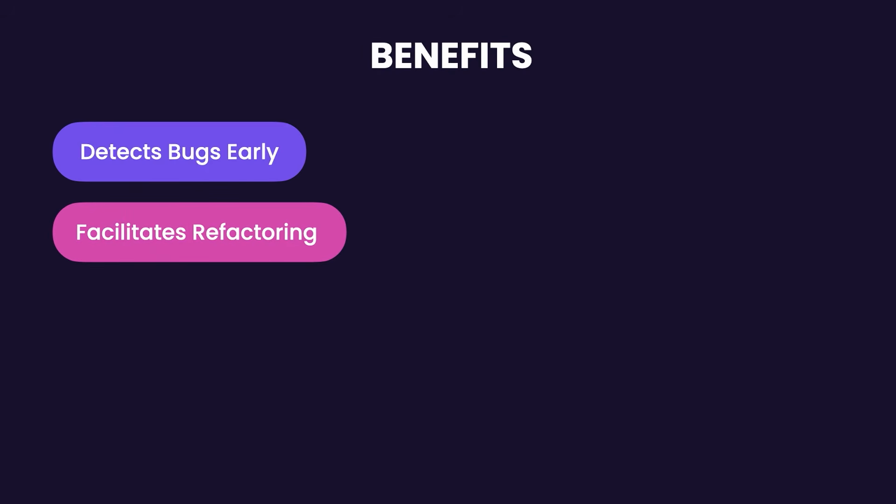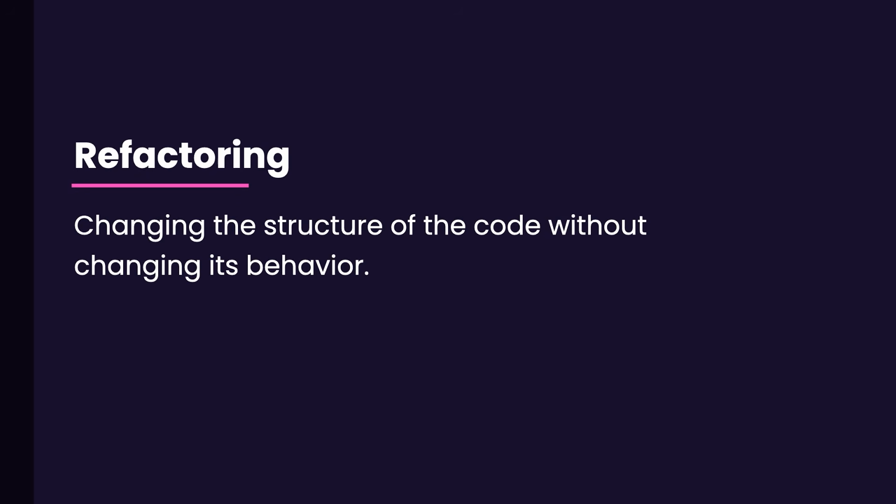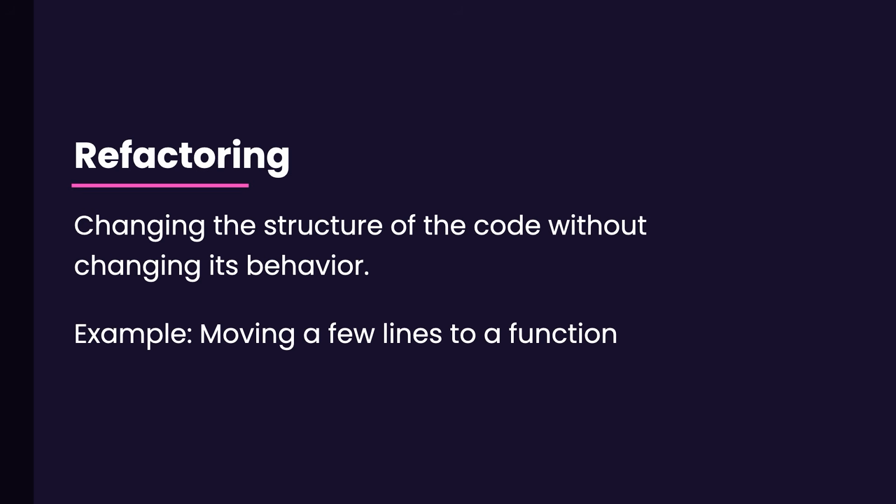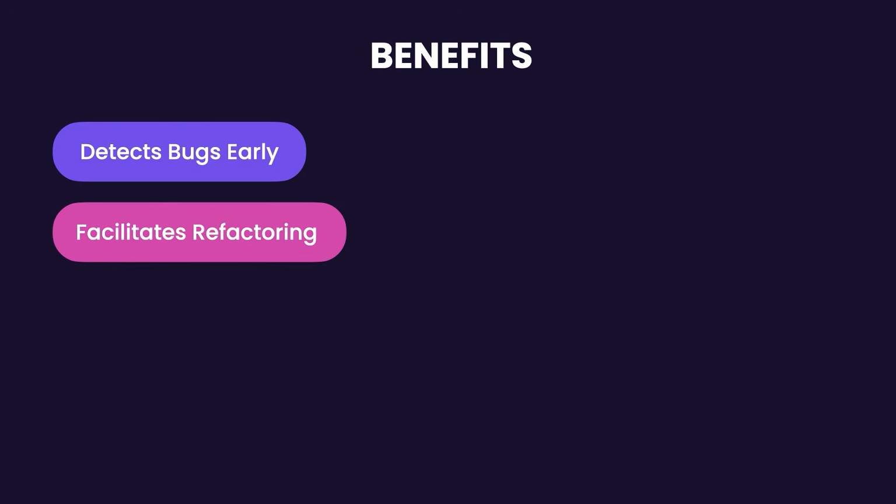Secondly, unit testing helps us refactor our code with confidence. Refactoring means changing the structure of our code without changing its behavior or functionality. For instance, we can extract a few lines of code and put them into a separate function. We're changing the structure of the code, but not its functionality. With unit tests, every time we refactor our code, we can run our tests to quickly confirm if our code